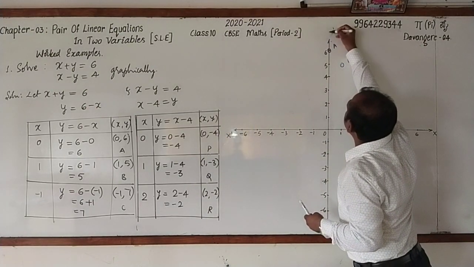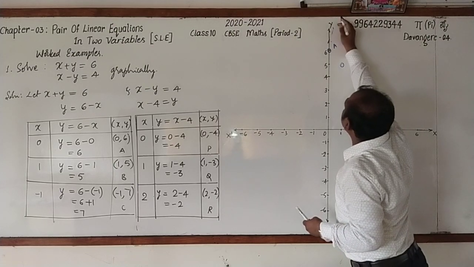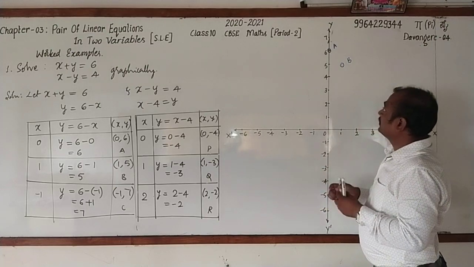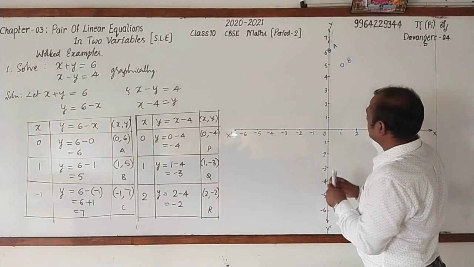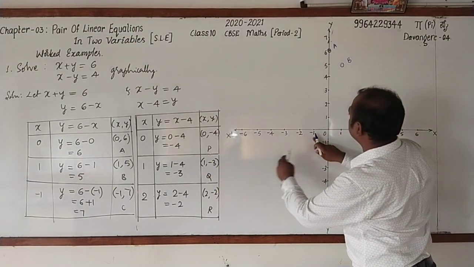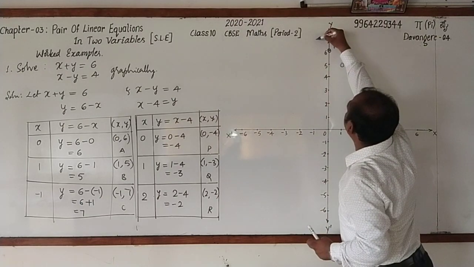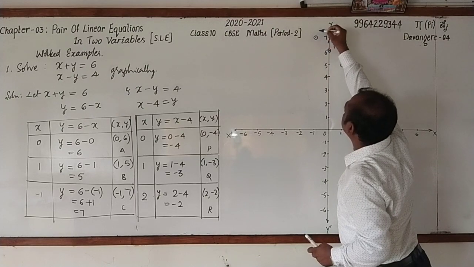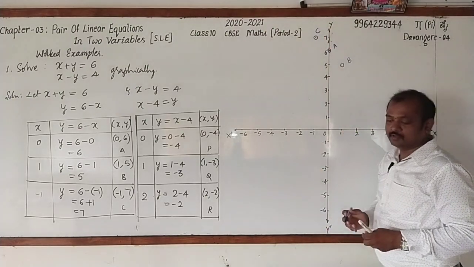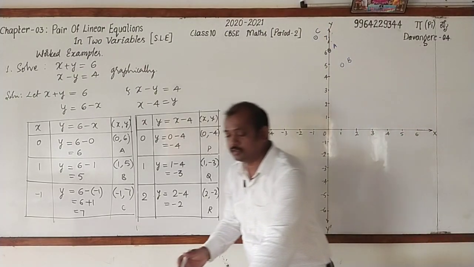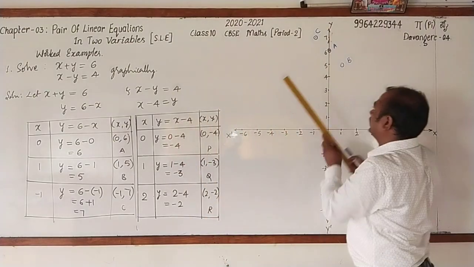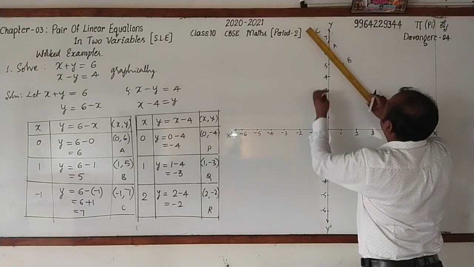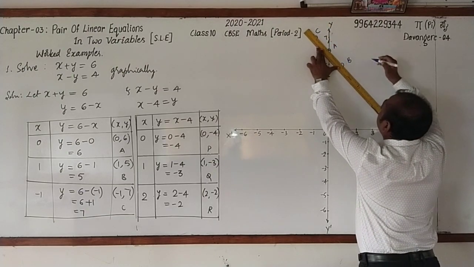Let us extend this. Call it as y and mark the point. This is 7. When x is minus 1, y is 7. That comes here. I will encircle it. Call it as C. Now then you can go for joining all the 3 points. Let me mark them. Let us go for joining them